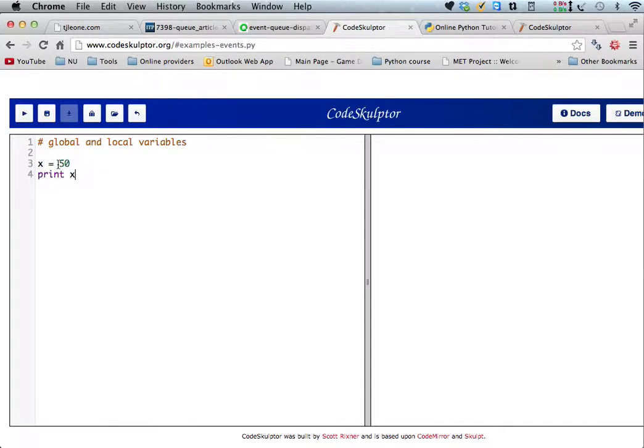So if we do this, then we have x is 50, and we can make a local function. Well, we'll just make a function, call it f, and here we can say